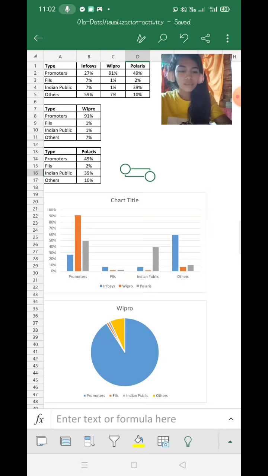So the recommended graph for the first data given is the bar graph, and the second given is